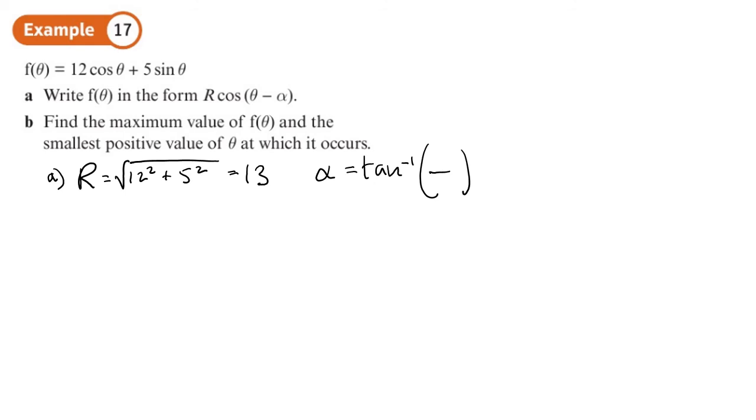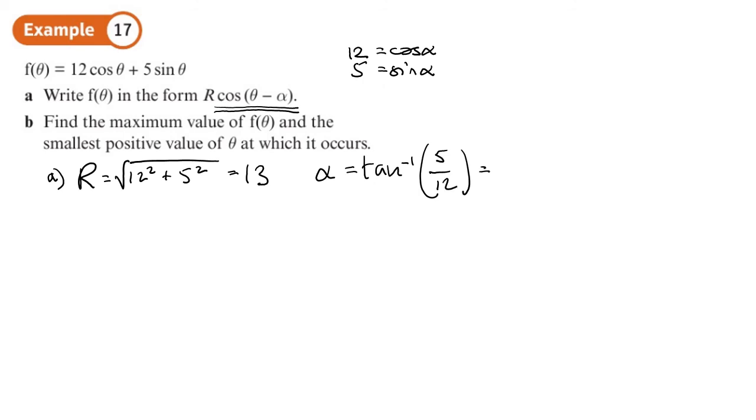That goes cos theta cos alpha, sine theta sine alpha, and there's a plus in the middle. So there's the 12 where the cos alpha would be, and the 5 is where the sine alpha would be in the expansion of this. So what does that mean? I do the tan inverse of 5 over 12,